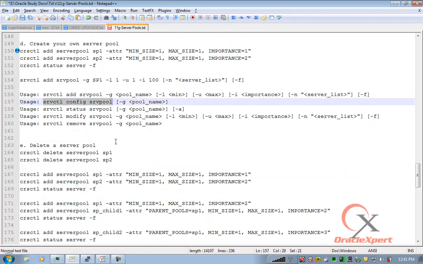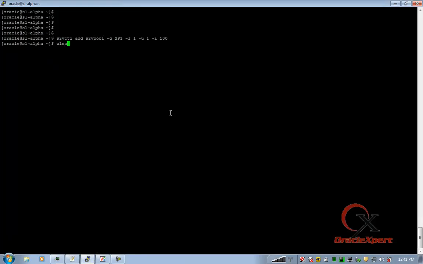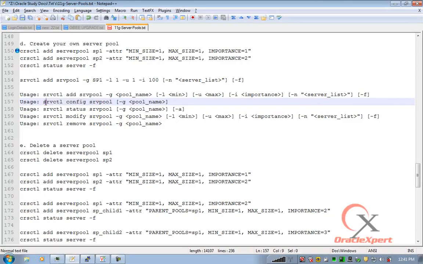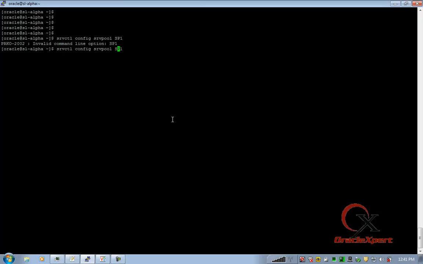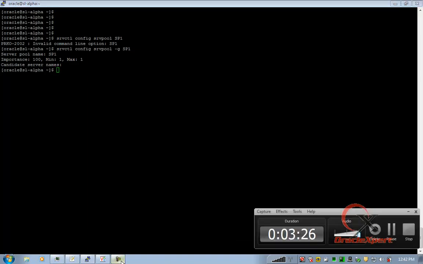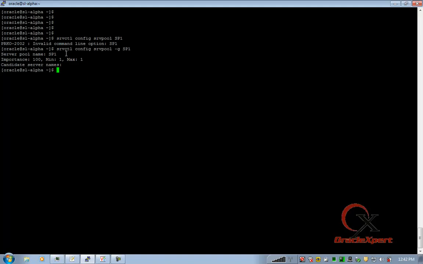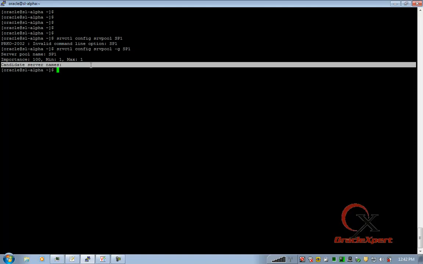So if I want to see the definition of my pool, it's srvctl config srvpool -g. It's printing me the pool definition of my server pool SP1 with its attributes. As of now, there are no candidate servers which are part of this pool.